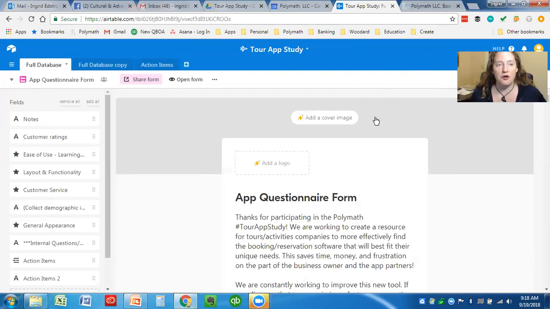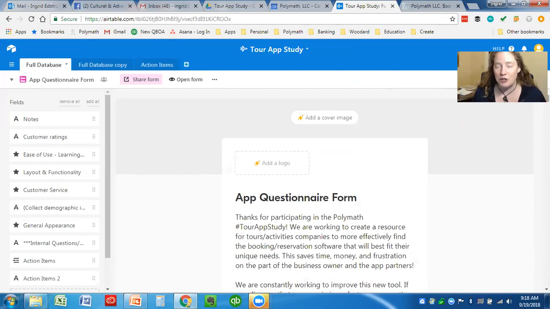And we have created the database within Airtable, and through that database created a questionnaire form that allows the software to fill in their own information. Now, we have had some people say, wait a second, if the software is filling in their own information, how is that fair? How do you verify? Well, a couple of things. One, we've worked really hard to make it so that all of the questions on this survey are completely objective.